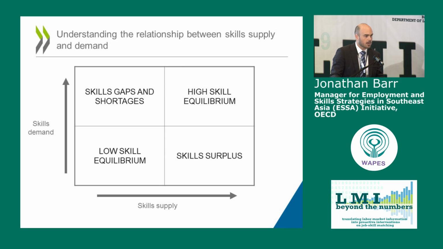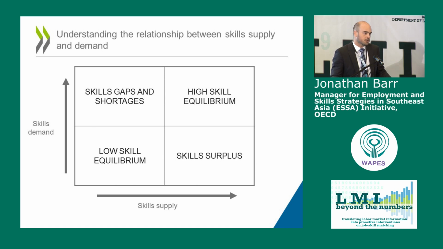In looking at how to come up with a measurement of skills mismatch, we see that there are a few measures out there that look at individual skill mismatch. So I go to university or I go to a vocational education institution and then I get a job, but is that job aligned with my skills?